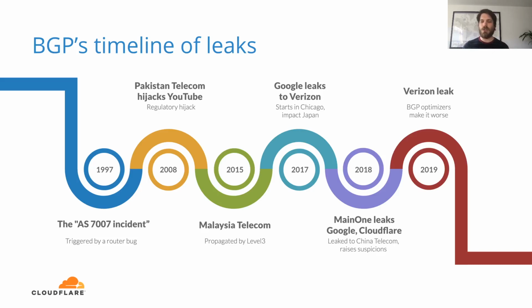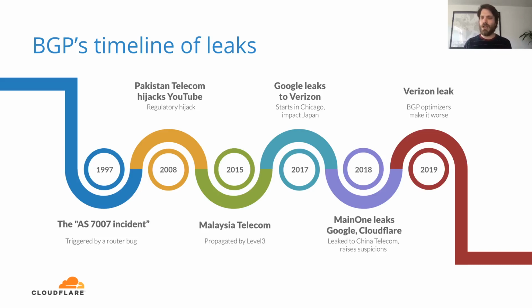Again, fairly well documented and well published in the press because YouTube, one of the biggest websites on the web, was impacted. What happened was that Pakistan Telecom was trying to limit YouTube reachability in country for regulatory reasons, and because of a mistake, they leaked that unreachability to the rest of the internet, causing the rest of the world to be unable to reach YouTube.